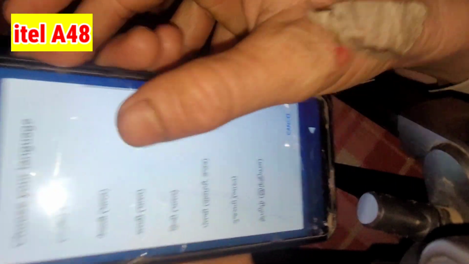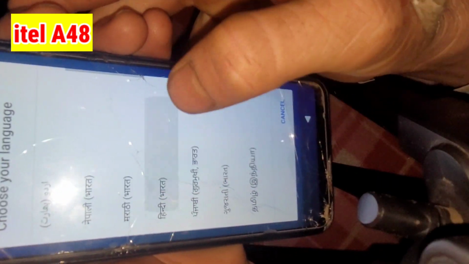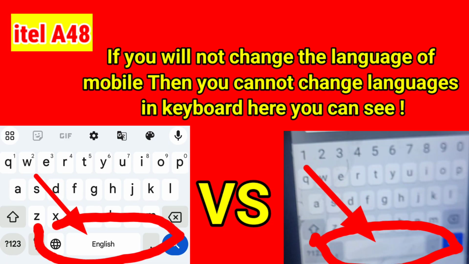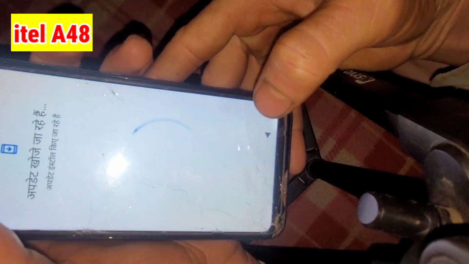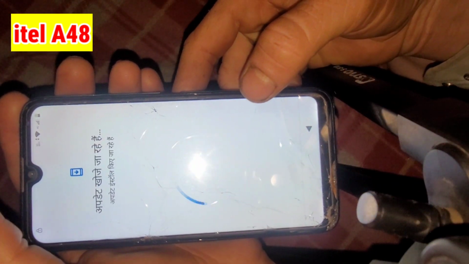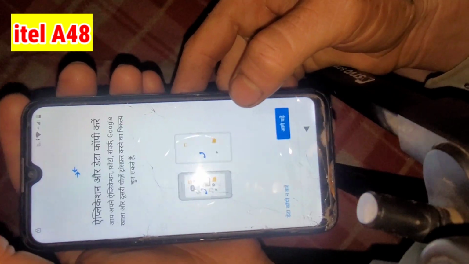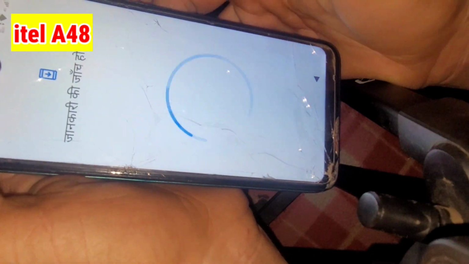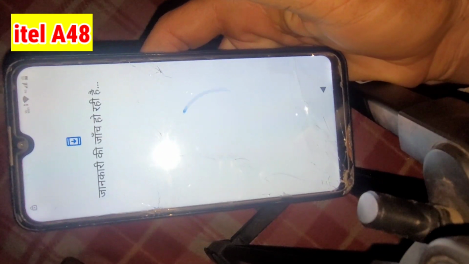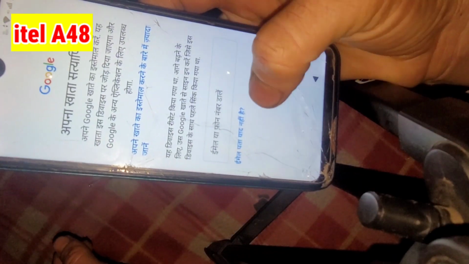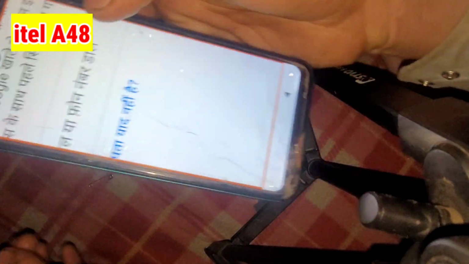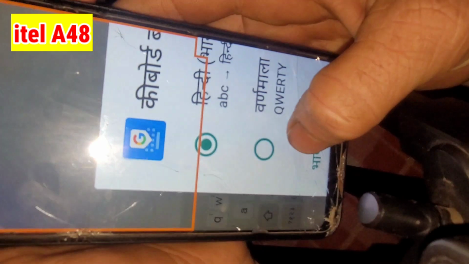So change the language of the device to Hindi. Next, here you can see this process. Next, don't copy, click here and click here on email or phone. Click here on Hindi and Bhasha setting.